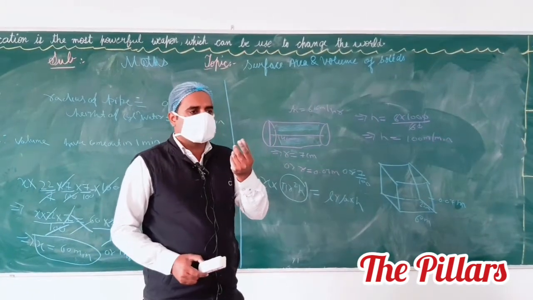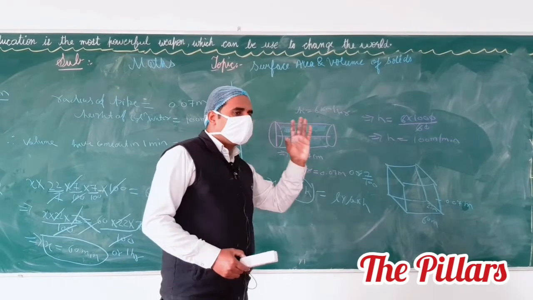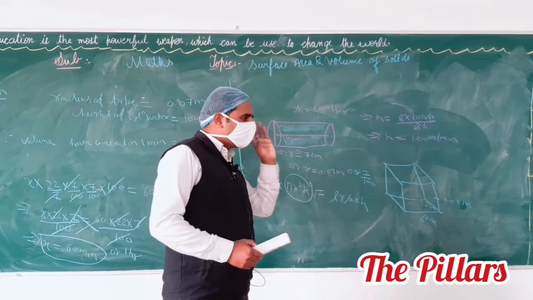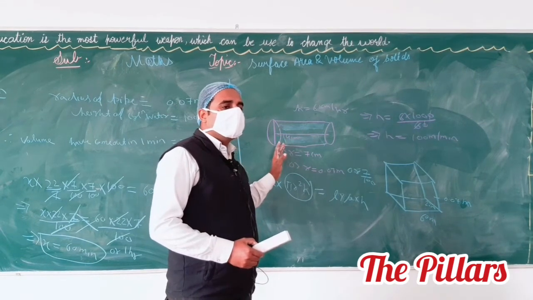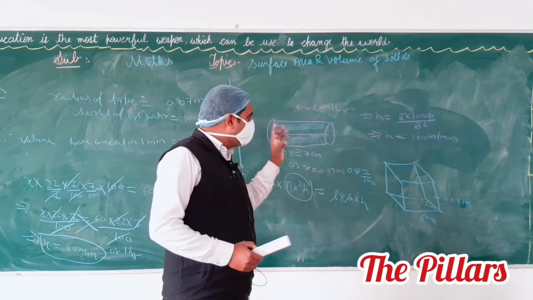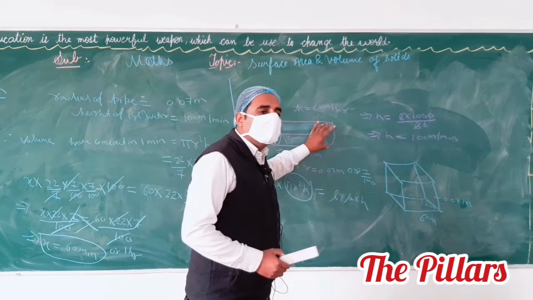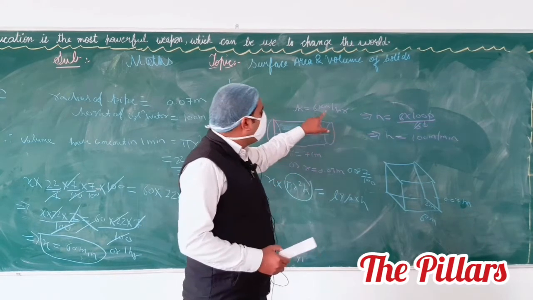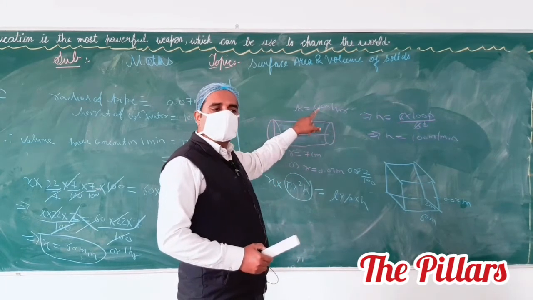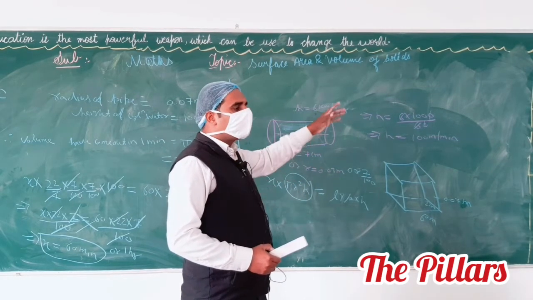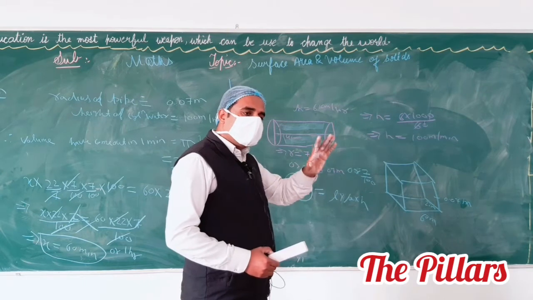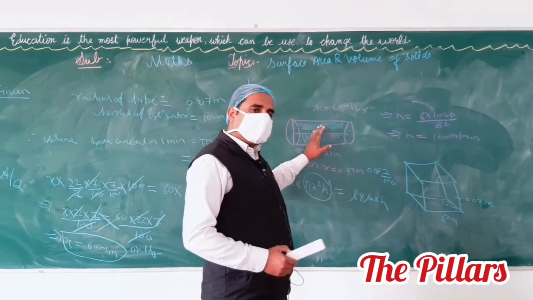The shape of the pipe is circular. But water comes out from this pipe, so the shape of the water that comes out is cylindrical. This depends upon the speed. It means the cylindrical shape depends upon the speed of the water, which is given as 6 km per hour. But we have some quantities in centimeter and some in meter, so we have to convert all quantities in meter, and the time we have to convert in minutes.